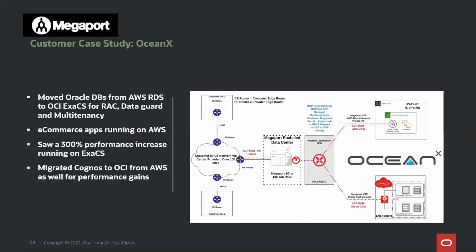A case study with Megaport is one of our favorite case studies here at Oracle, which is OceanX, an e-commerce company. OceanX is a long-time Oracle customer. They've been running Oracle databases. They previously used AWS's RDS to manage their Oracle database. Since then, they've chosen to move their Oracle database into OCI, but they remain connected to AWS via Megaport. This is because all of their e-commerce apps that are running on AWS are creating the content, creating that data, and then sending that data through the Megaport connection to OCI's database at night to run any number of analytics or to store and manage the data.